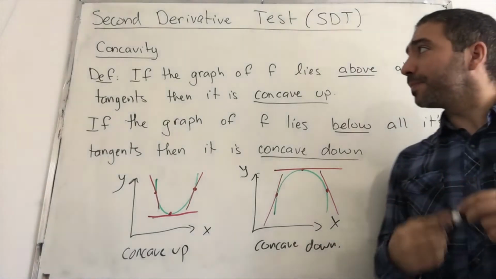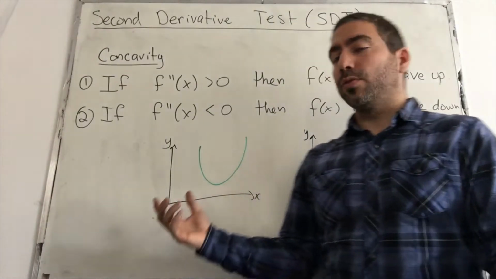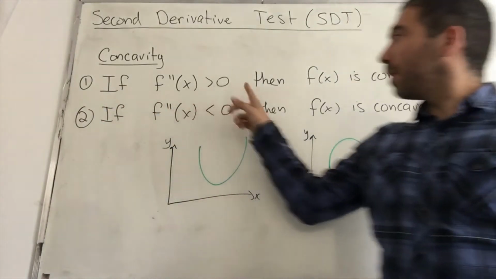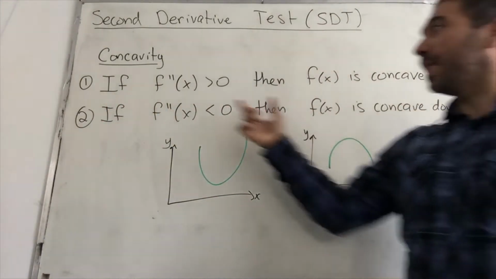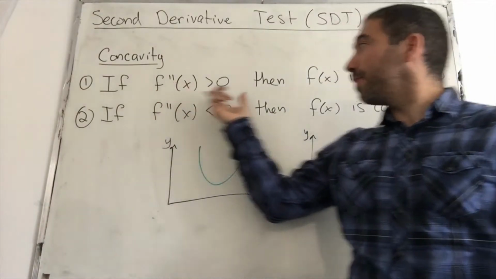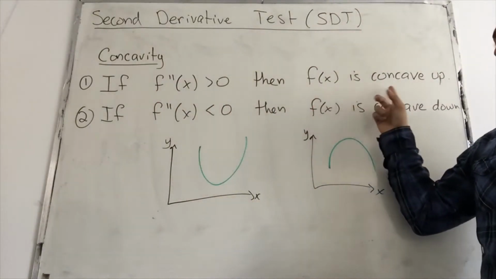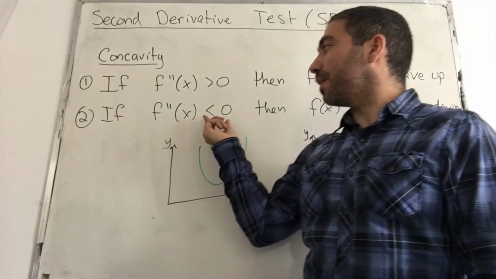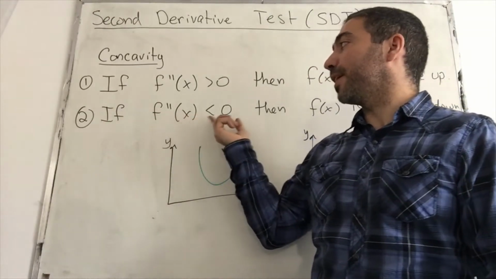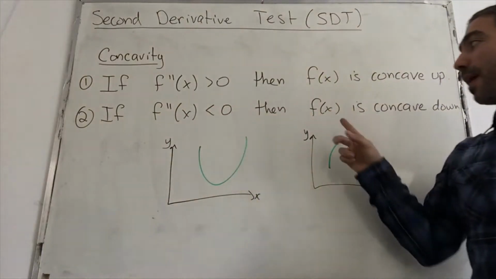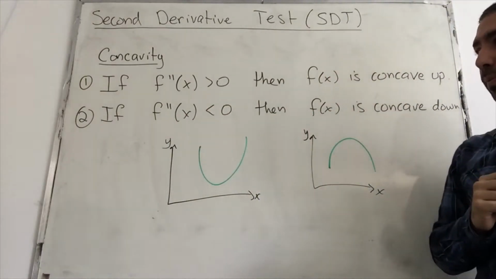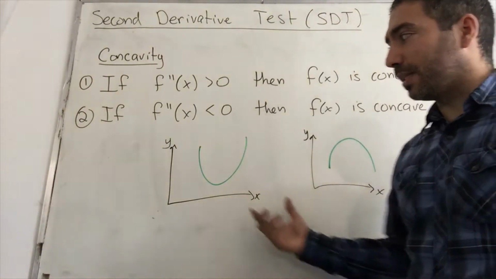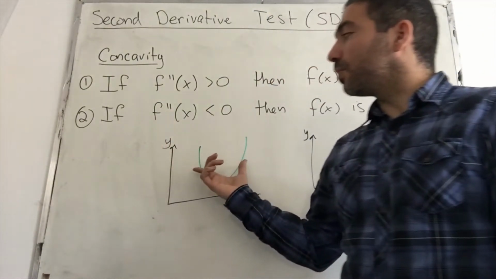Okay, let's keep going. Here we have two important statements. First, if f double prime of x is greater than 0, then f of x is concave up. Namely, if the second derivative is positive, then the original function is concave upwards. Second, if the second derivative is negative, f double prime of x is less than 0, then f of x is concave down. I'm not going to prove this. It requires the mean value theorem, which we haven't seen yet. But just to have a visual,